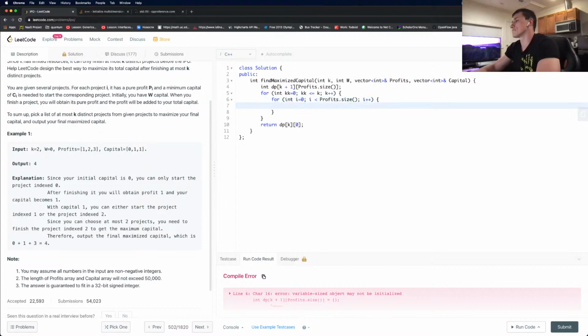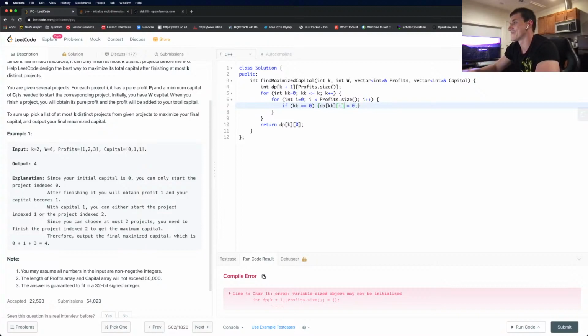All right, so if kk equals 0, so it's basically one off, all we say is dp of kk I equals 0.